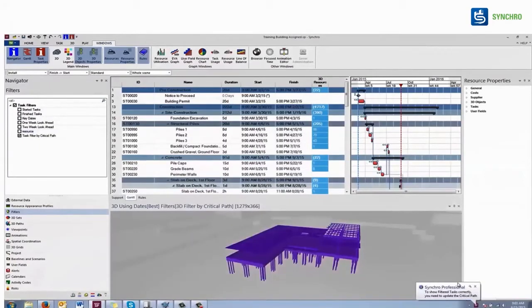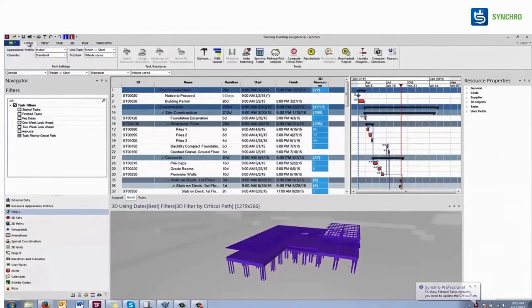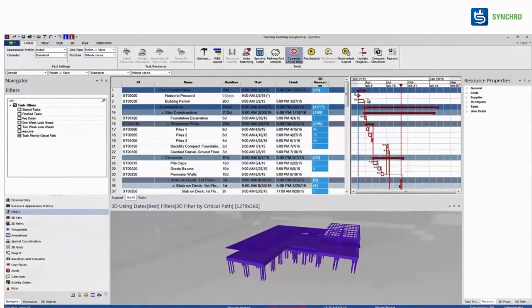These color codes and combinations, you can definitely create your appearance profile and all. I'm not going into that. So in Synchro Profile, it is asking you to update the critical path. You can just update the critical path and your recent critical path, which is the critical path at this point of time, will be highlighted.